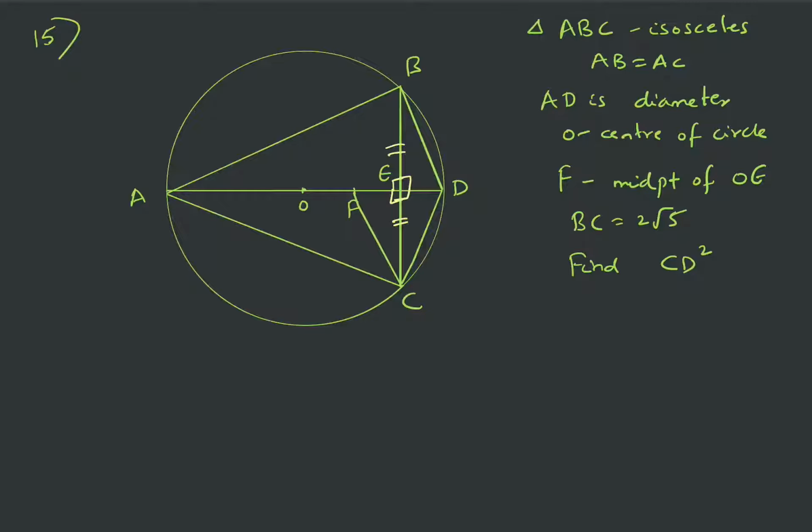Since this is isosceles, this angle is equal to this angle. So triangle ABD is clearly congruent to triangle ADC, because these two sides are equal, this is common, and this is a common equal angle. So these two are congruent by SAS. This simply implies that BD is equal to DC. Perfect. Also, now let us join this FB.